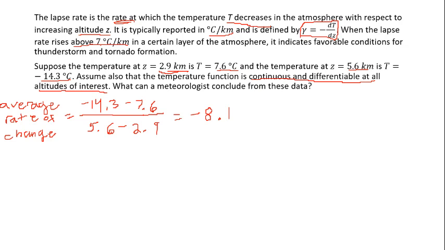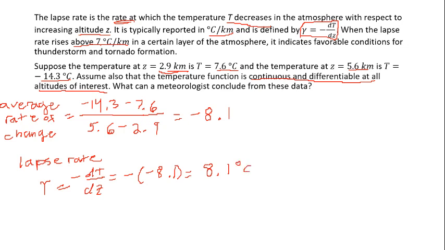So the average lapse rate, gamma equals negative dT over dz. Remember, the average rate of change is an approximation of the derivative, so it is going to be negative of negative 8.1, which gives us a lapse rate of 8.1 degrees Celsius per kilometer. Those are the units for lapse rate. Now, last I checked, 8.1 is bigger than 7. So what that means is, remember, this is the average. According to the mean value theorem,